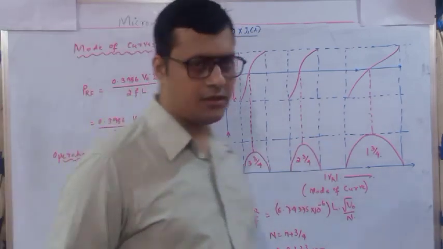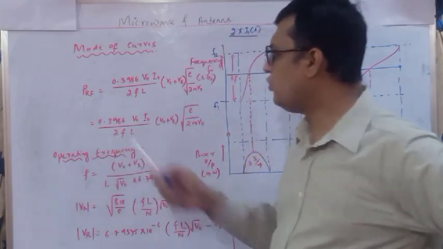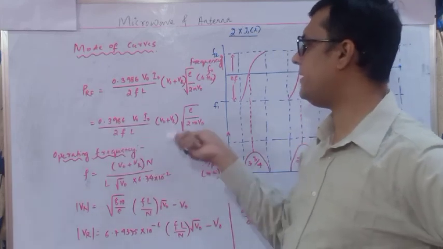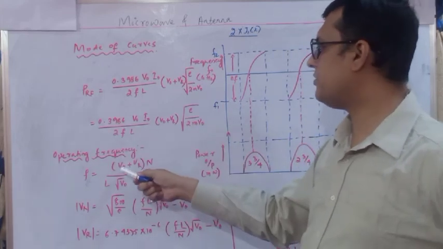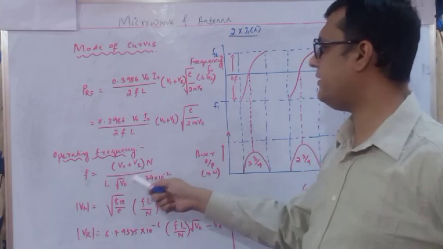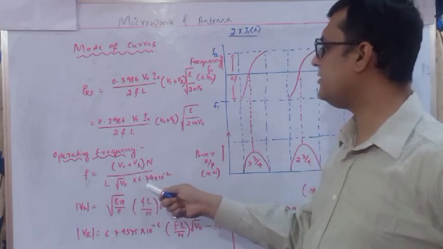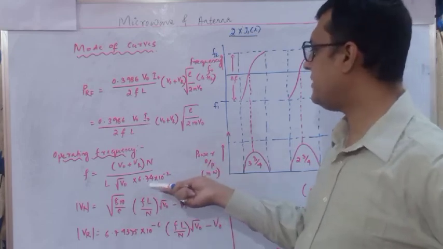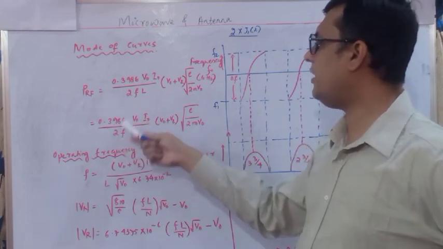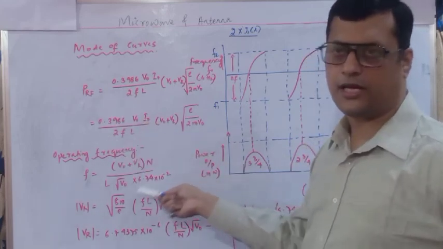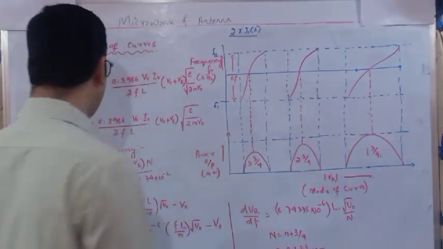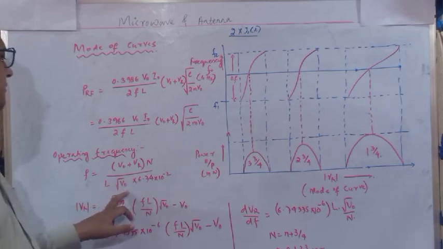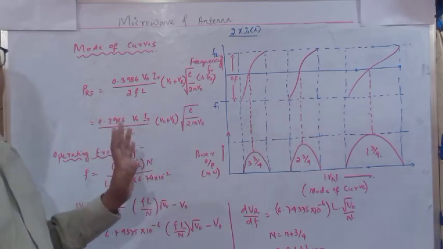Now in this relation, this output power, we can determine the operating frequency. You take this F here and output power divided with respect to this value. So (V naught plus VR) whole into N divided by L into root over of V naught 6.74 into 10 to the power minus 2. Now 6.74 into 10 to the power minus 2 means you solve this, you will get this sort of value. Okay. So here operating frequency is (V naught plus VR) whole into N by L into root over of V naught 6.74 into 10 to the power minus 2.